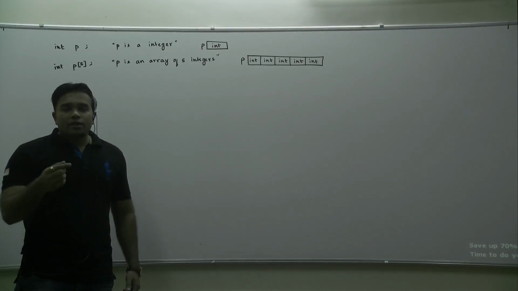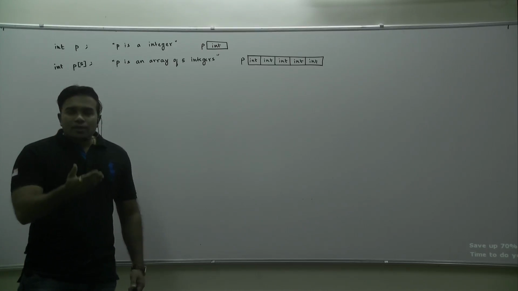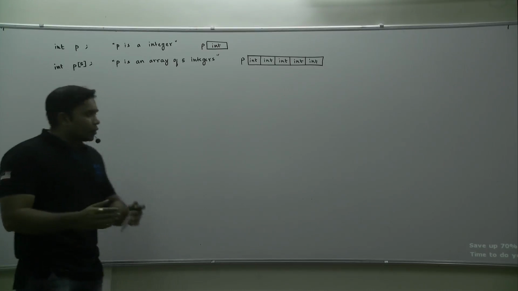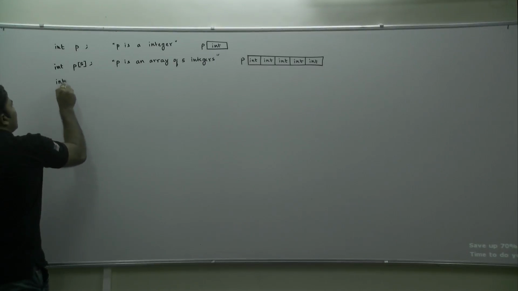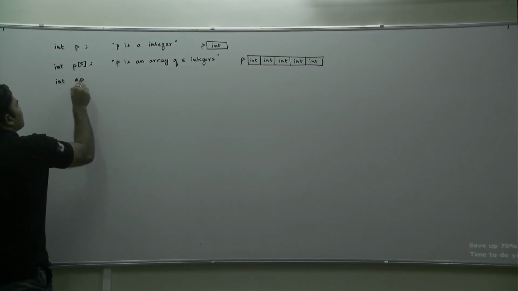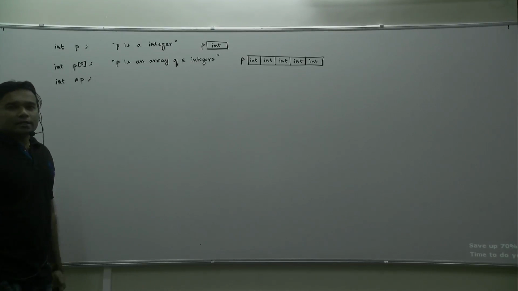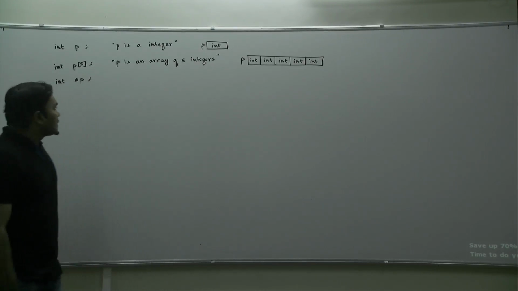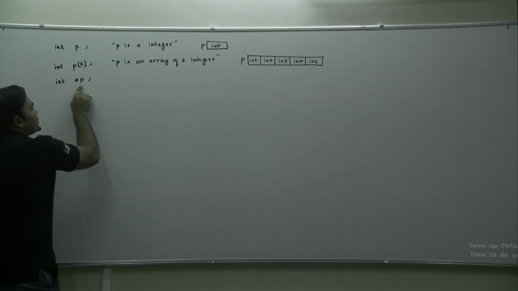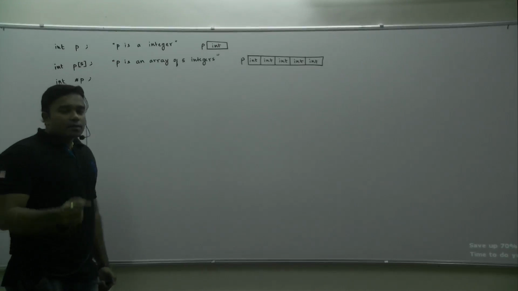There is an art to reading declaration statements. That is what I am going to teach you through a series of examples. Say, supposing I have one more declaration statement, int star p. I have just read it out the way you read it: int star p. That is not the way you have to read. As I have told you, you should always begin from here, go ahead. When you hit the dead end, you should get back. But in this problem,